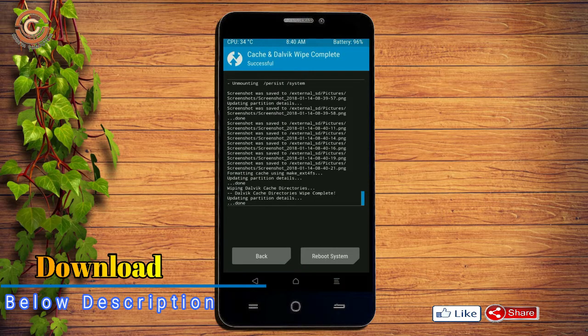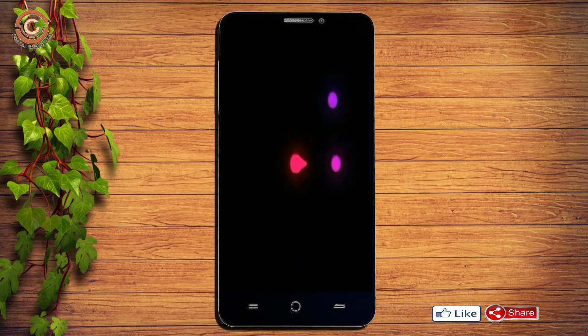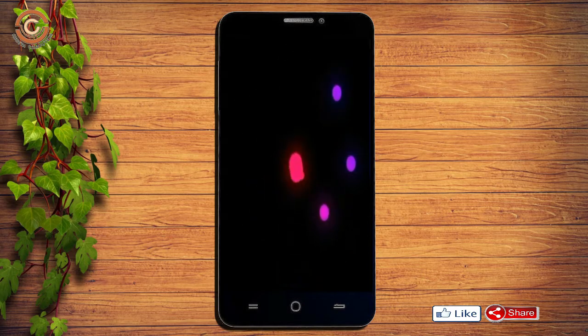After finishing all steps, we need to reboot our system. Press on reboot system. Friends, it will take 2 to 3 minutes to reboot your device successfully. And I will show cool features